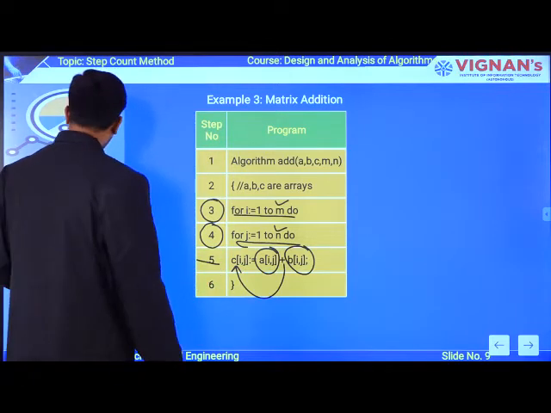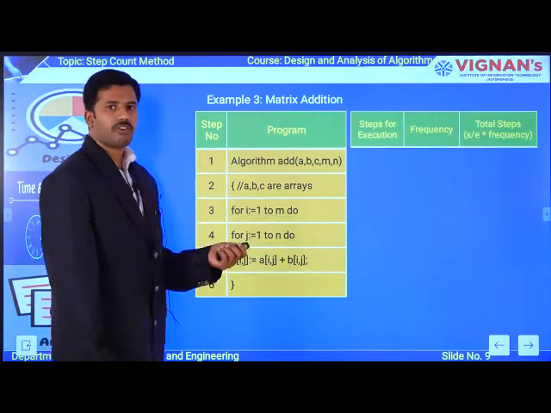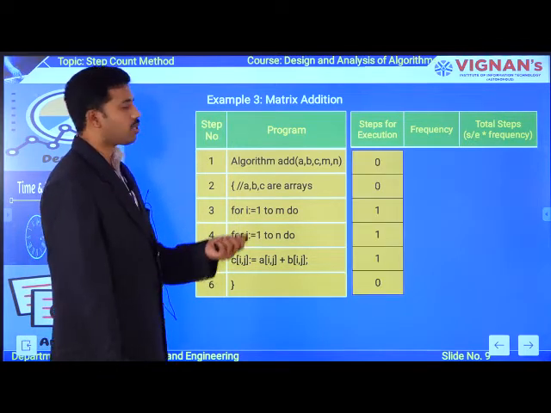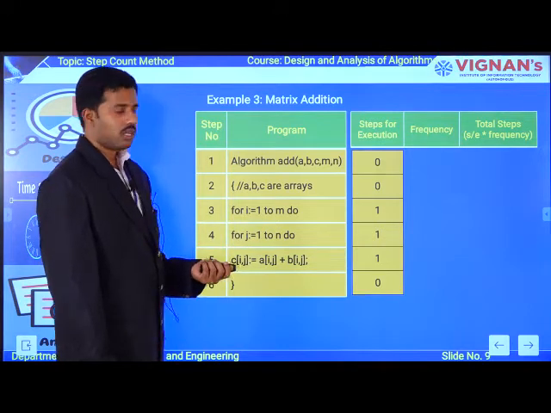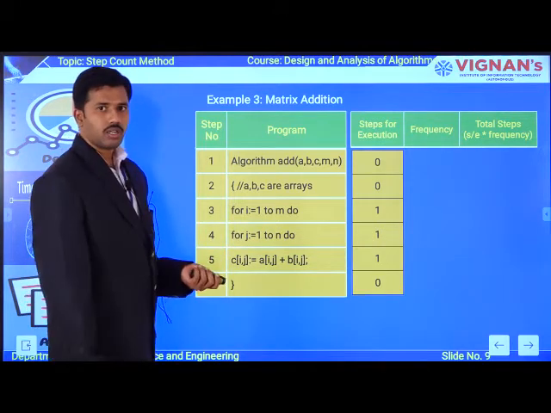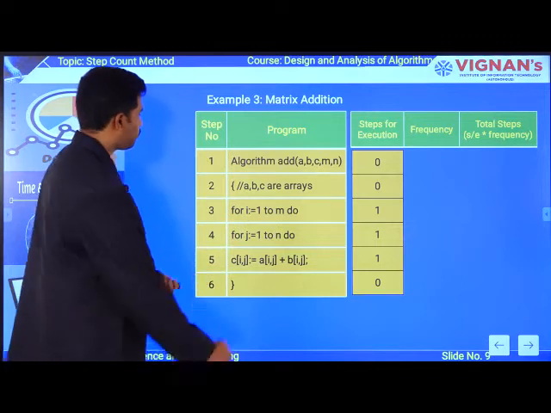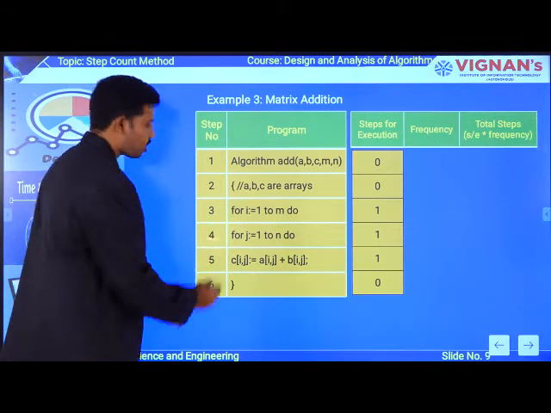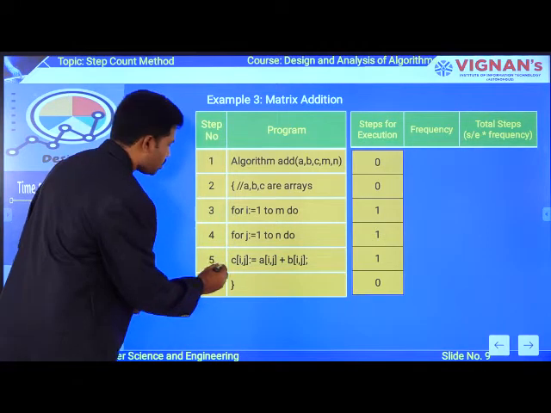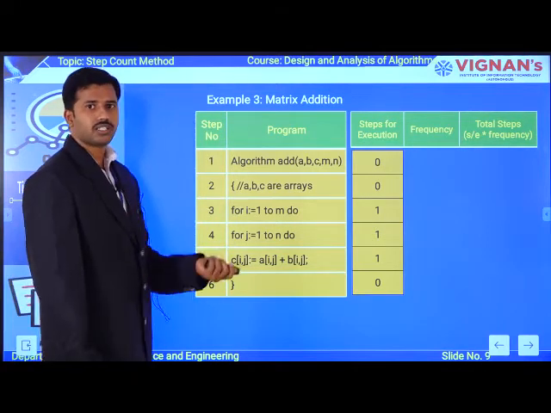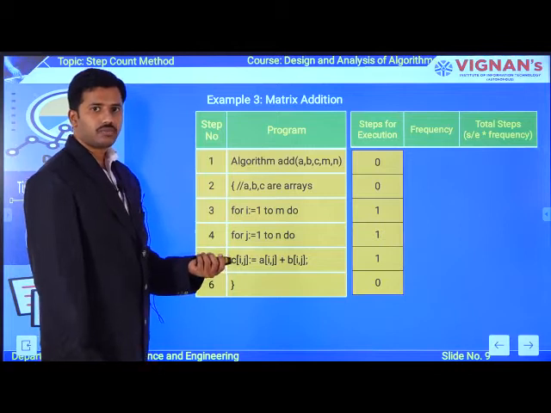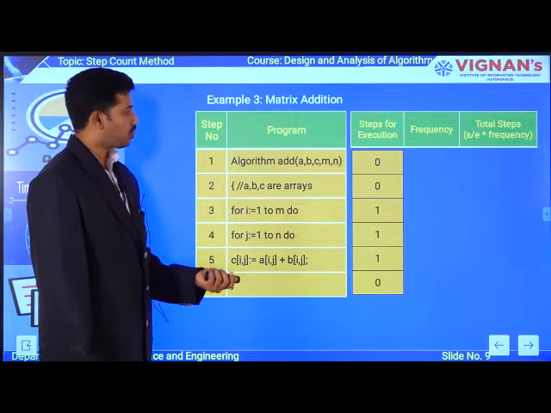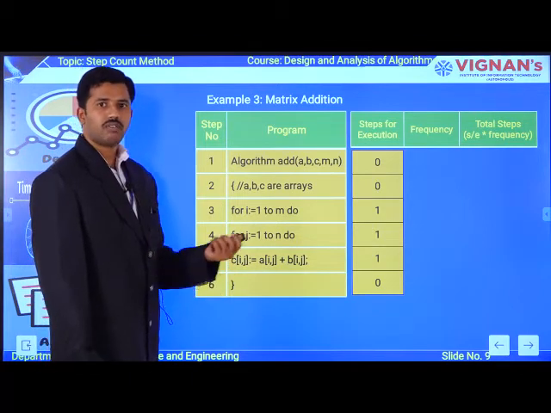Okay. So now I try to focus on how to update the first parameter, second parameter as well as third parameter. Okay. So first of all, you try to focus on how to update the first parameter. So among these 6 statements, what are the statements which are executable? So the third instruction is executable, and the fourth instruction is executable, as well as the fifth instruction is also executable. Remaining instructions are non-executable. What is the value for the non-executable? Ultimately the value is 0. So likewise you are going to be updating the value for first parameter.